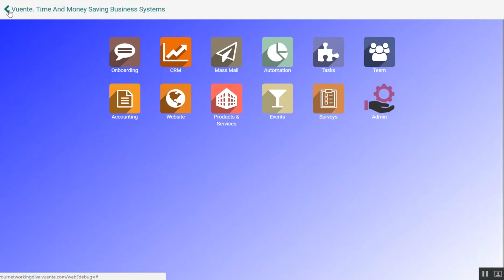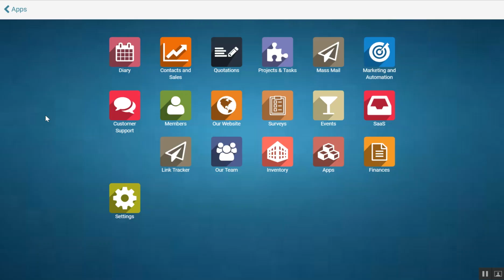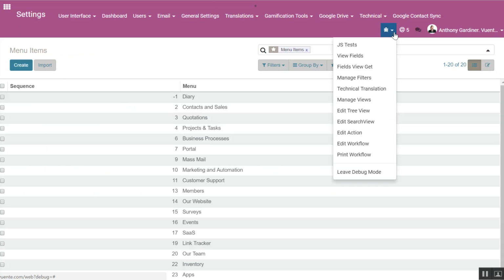So what we've done here is, if you go into the admin area here, you can see a little bug going on at the moment. Probably not the right word for it, but that allows us to go into a much higher profile area of the system. Now I'm just looking at one of the systems I'm in at the moment. Let me flick across into my own system. Yeah, so now I'm in my own system, and if I come across into settings here, you'll see that we've got quite a bit of